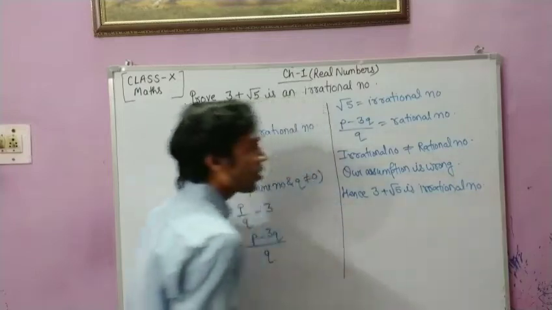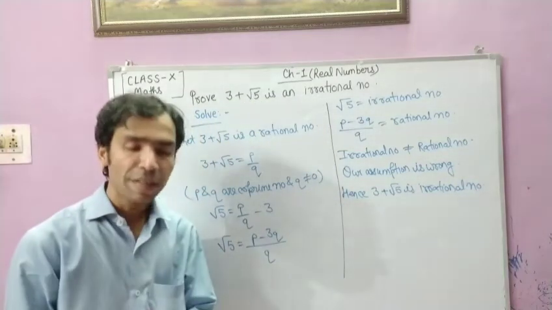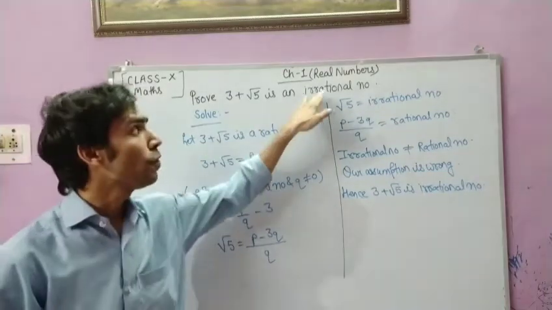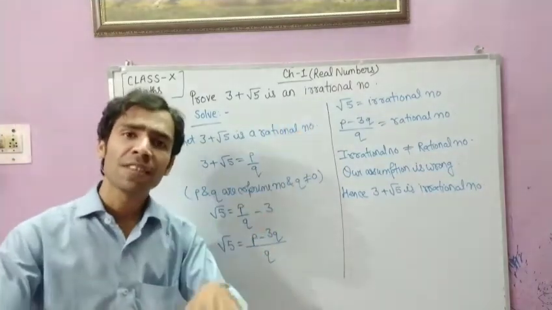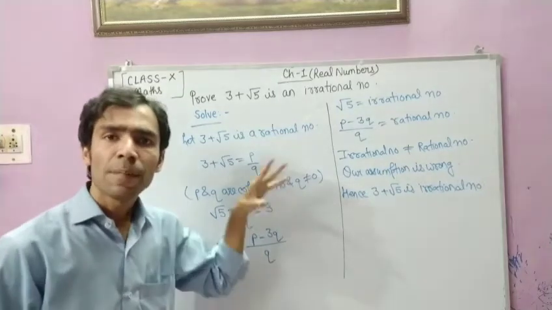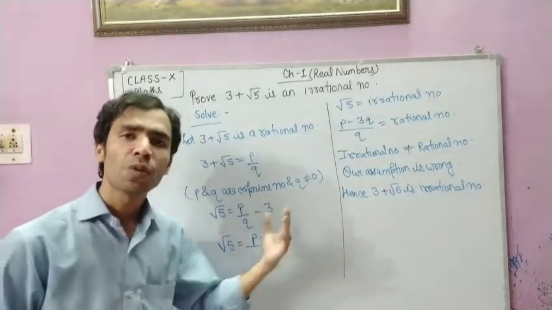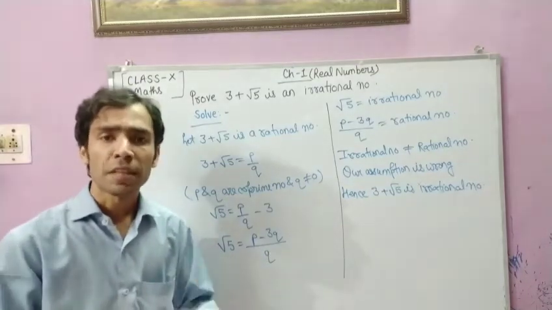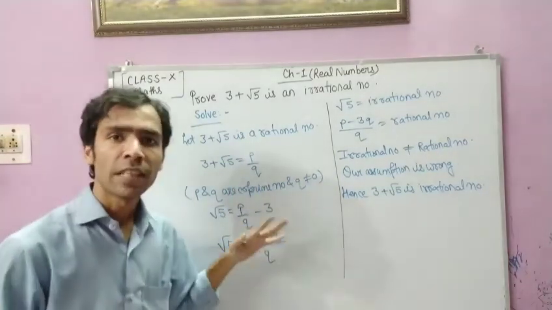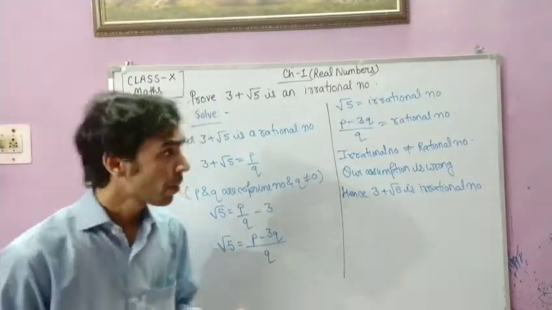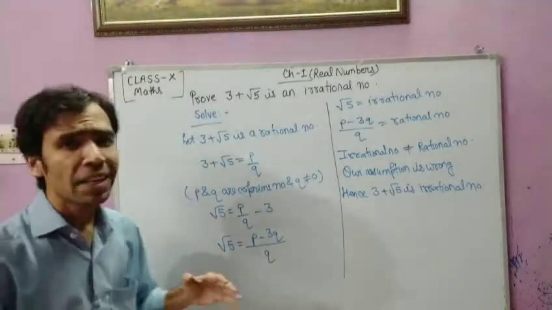See, what is the contradiction method? Contradiction method means whatever we need to prove, we will assume its reverse. We wanted to prove it is an irrational number, so we have assumed it is a rational number. So we have applied some steps. After that we can see that an irrational number is equal to a rational number, which is not possible. It means that whatever we assumed was wrong. Now the same process you can apply in different questions.